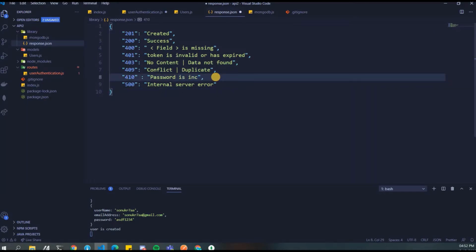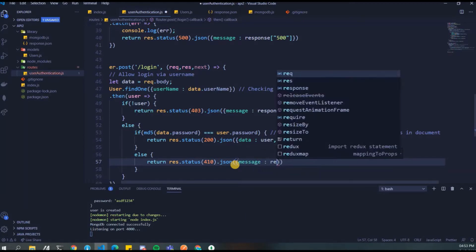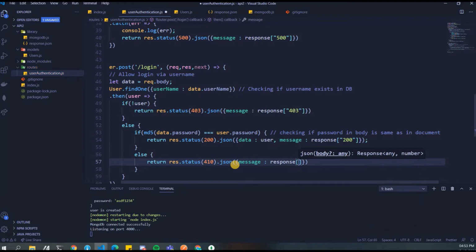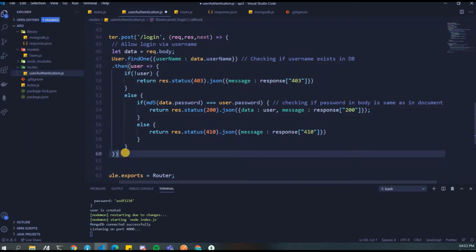Password is incorrect. Okay, so we'll do this and then 410.json message as response 410. Correct? So I think by this means we'll be able to do.